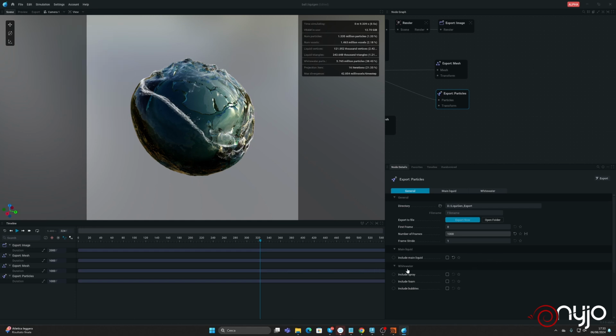And we are going to talk about the Whitewater. There are three elements: the spray, the foam, and the bubbles. You can export everything together. For example, you just select everything and then say export. Let's say that you have the name, for example, this one, okay, and export, and everything will stay in the